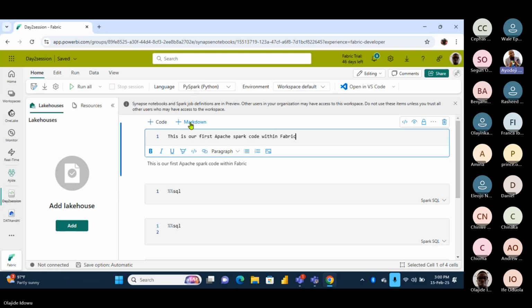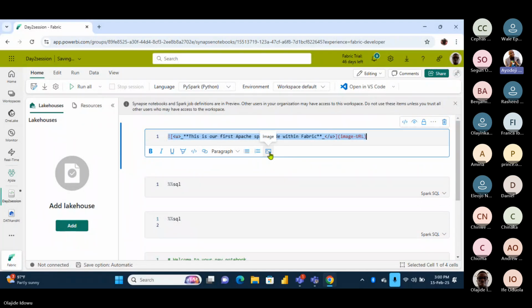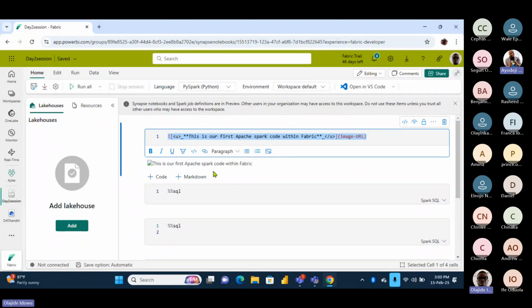Simple. Bolding it, make it italics. You can even put a hyperlink to your LinkedIn page. Just do some nice thing. Look at what is happening at the bottom. You're only beautifying it up there, but that's what it's going to show. That's your markdown. You can even add an image to it, lists, bullet points, and so on. Maybe the Fabric logo, or if you don't have one, put your picture there. It's accepted.